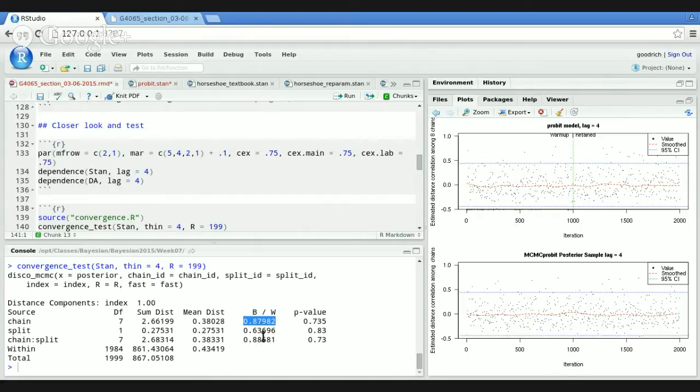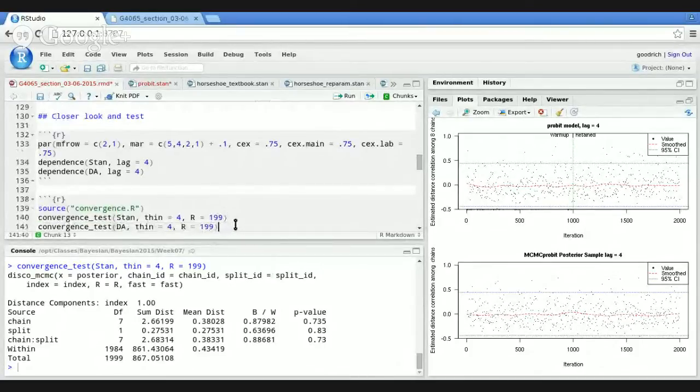Now, sometimes the ratio will be a little bit over 1, and then you can turn to the p-value to see if these realizations of the B to W ratio are large relative to the distribution that was obtained under 199 permutations of the chain time structure. So in this case, we see all these p-values are much greater than 0.05 or 0.01, whatever threshold you want to use. And so we would fail to reject the null hypothesis that all the chains have the same distribution. And we could go on